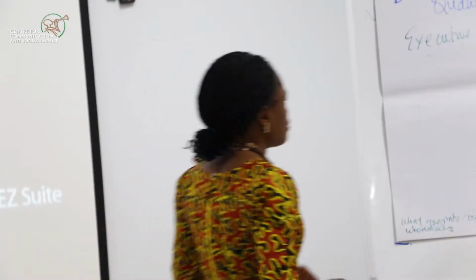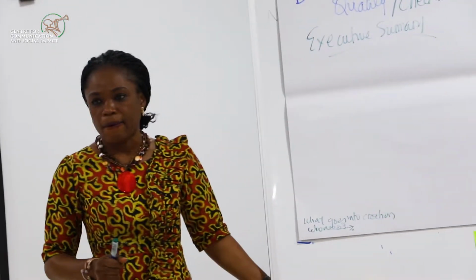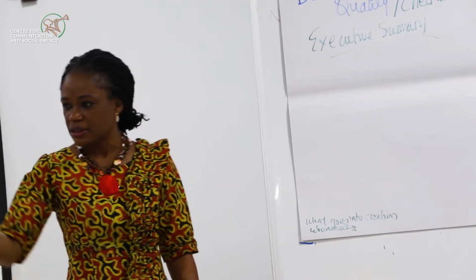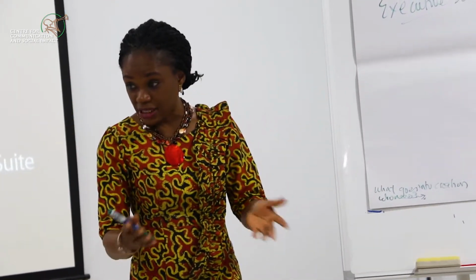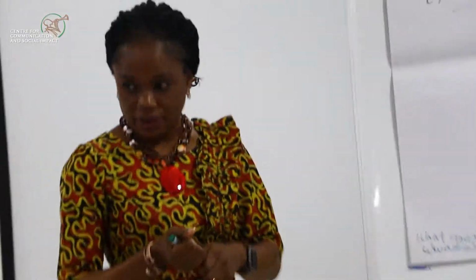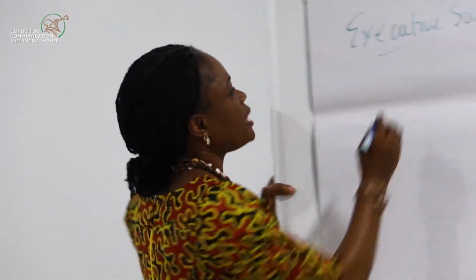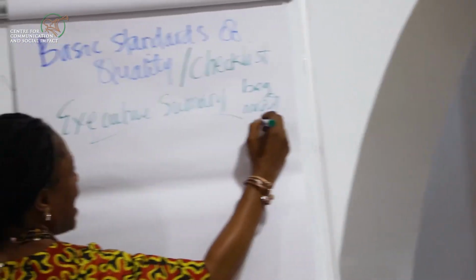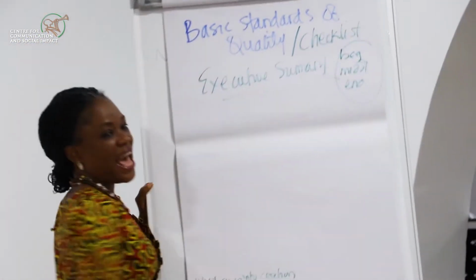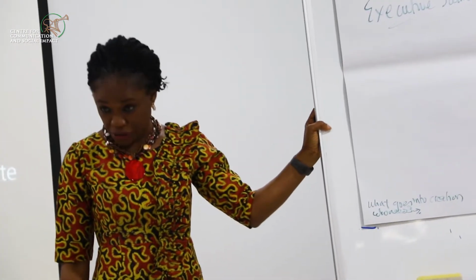So why do you leave the executive summary till the end? Why can't you just start writing the executive summary? Because it's supposed to give you a glimpse of the entirety of the report. A snapshot of the entire report. So someone should read that one pager and know exactly what the remaining 72 pages say. So that one page should have the beginning, the middle, and the end. That summarizes everything that happened.